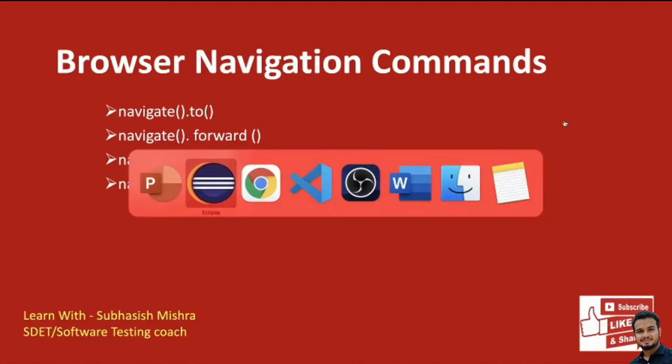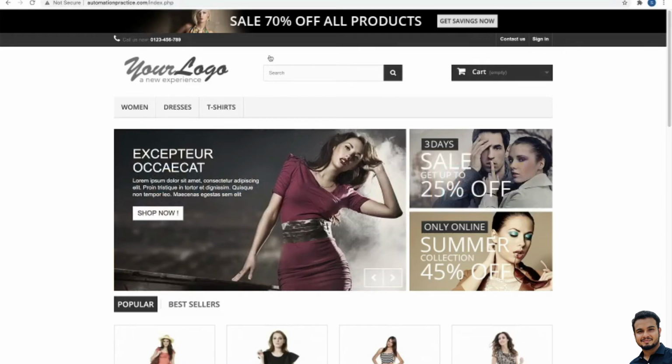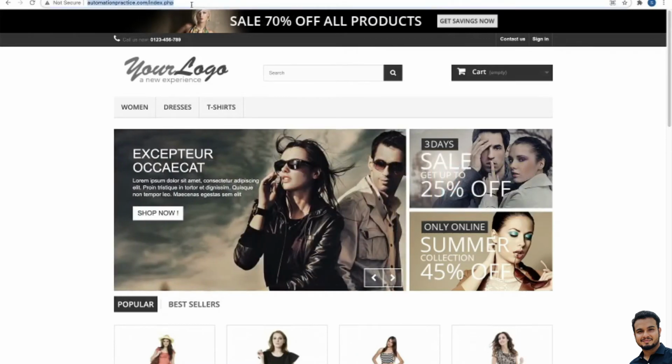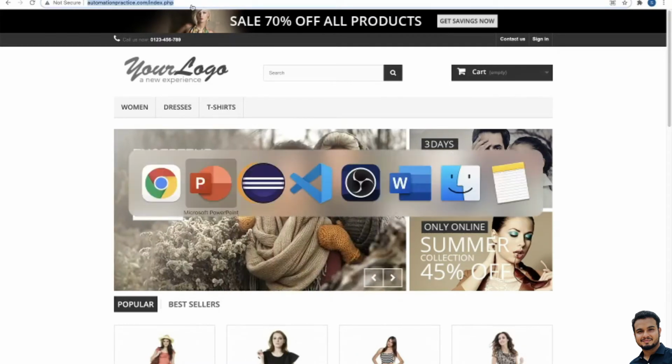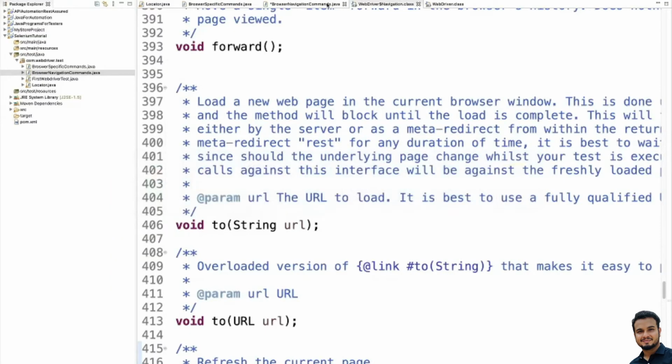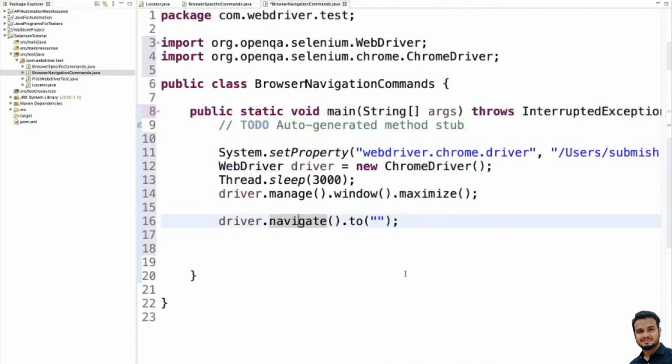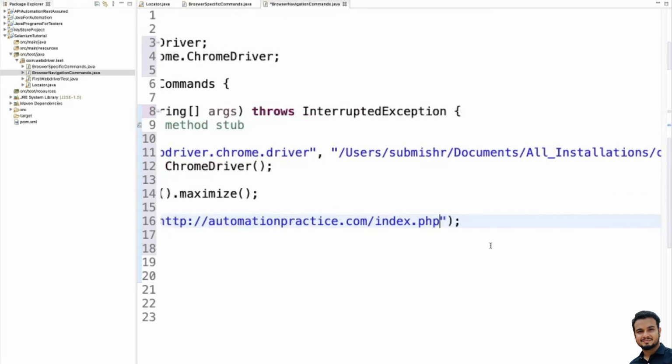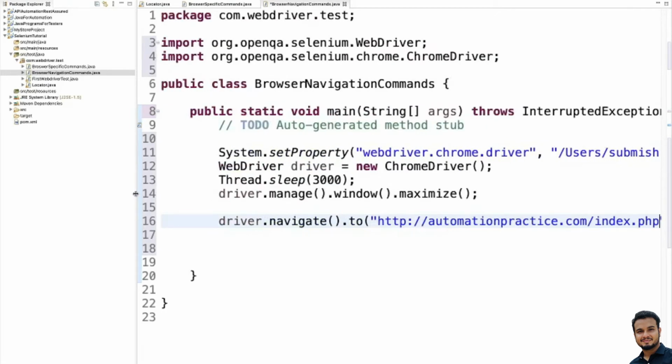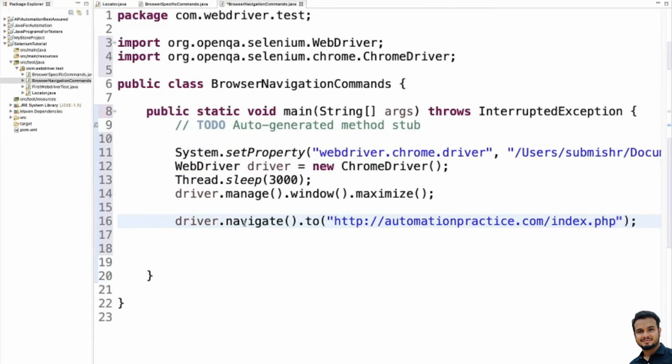This is the one we are using, automationpractice.com, so we will try to navigate to this web page. I'll close all these things so you will not get confused. So driver.navigate.to, and we give the URL. We'll try to navigate to this particular URL using the driver.navigate.to method.